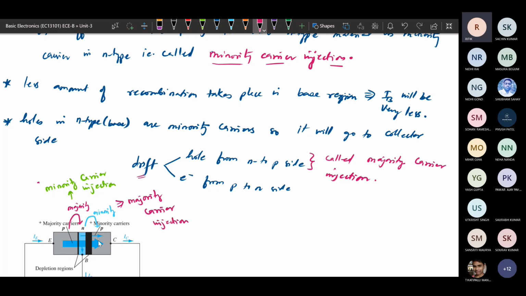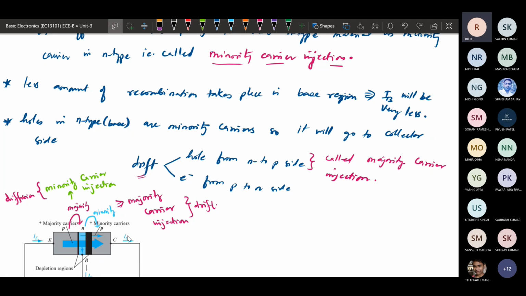Okay, and this minority charge carrier is because of the diffusion, and this majority charge carrier is because of the drift. So there are two different processes.